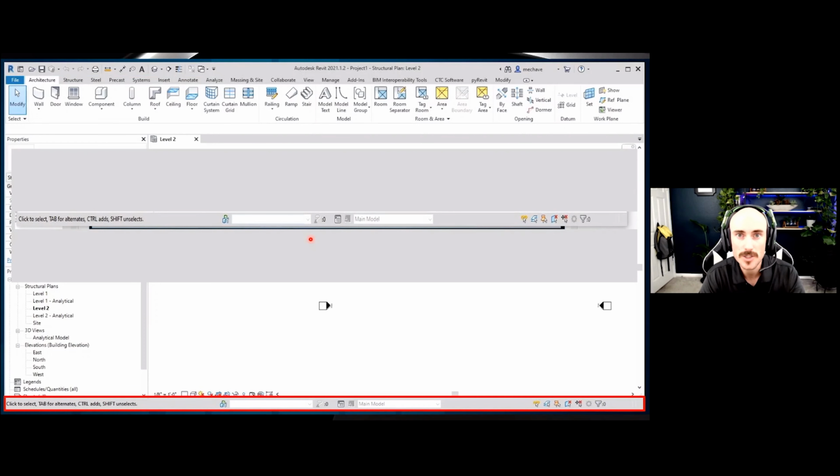So if you have a large project, a creeping deadline, and you need multiple users to work simultaneously on a project, you can actually have a work shared enabled model, allowing you to work simultaneously with project partners on your server. Now, if you wanted to do this collaboratively in the cloud, you would use a different application that Autodesk has called BIM Collaborate Pro. Again, you have that ability down here below.